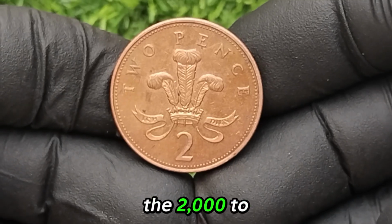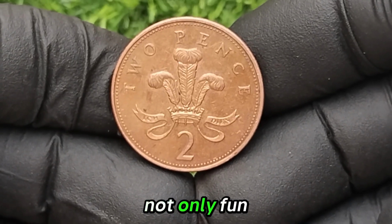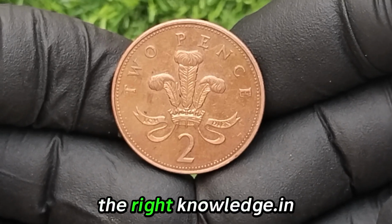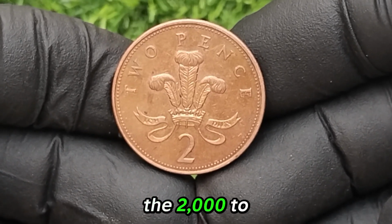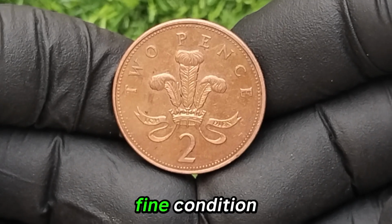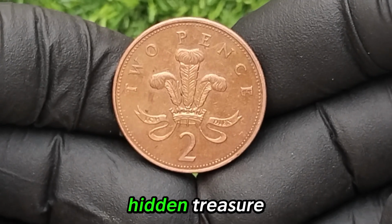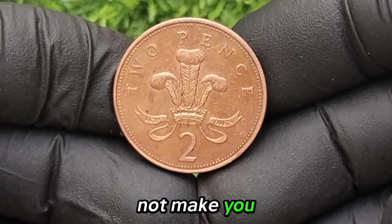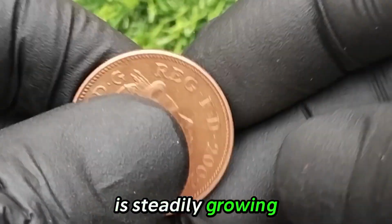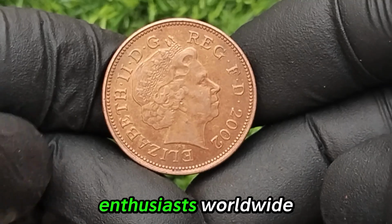Collecting coins like the 2002 pence is not only fun, it can be a surprisingly valuable hobby when approached with the right knowledge. In conclusion, the 2002 pence Elizabeth II coin, especially in extra fine condition, can be a hidden treasure. While it might not make you a millionaire overnight, its collectible value is steadily growing among numismatists and enthusiasts